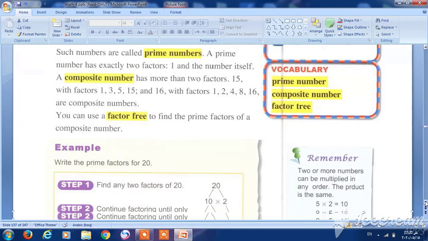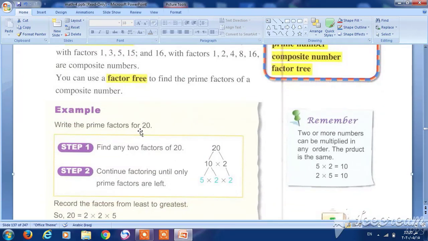And we have this example. For example, we have 20. 20 is a composite number. We write it as a product of prime factors. This way is called a factor tree. For example, we have 20, so find two numbers multiplied together that equal 20. For example, we have 4 multiplied by 5 or 10 multiplied by 2. It's up to you. Okay, from there we'll write 10 multiplied by 2.